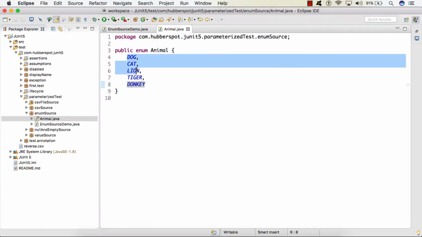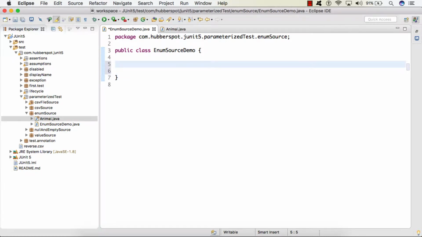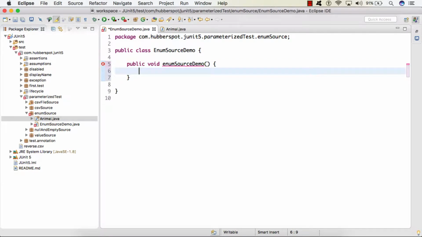And I want to pass these enum constants to our @ParameterizedTest. So here we will simply use @EnumSource to provide this enum Animal to our @ParameterizedTest method. So here I will create a test method, enumSourceDemoTest. So this is our parameterized test.